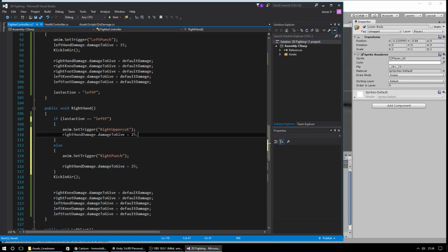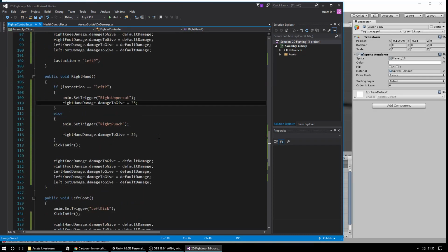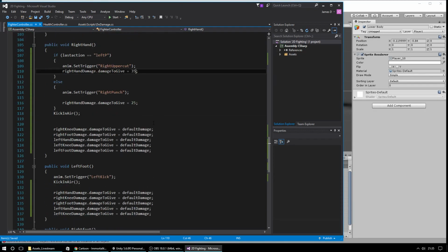So we'll set this to be equal to 35, just to do a tiny bit more damage. Save this. And okay, so if we're setting those things to be just the way we want it to be,